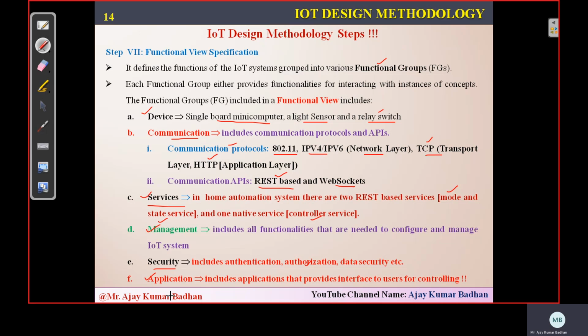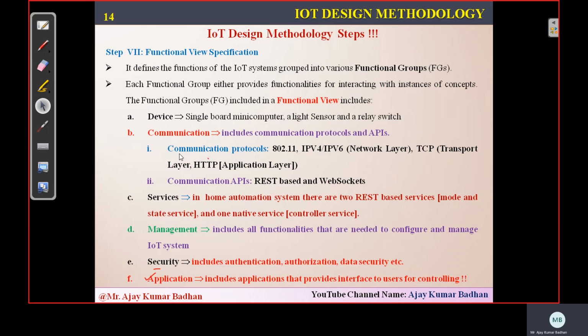And finally, we need to develop an application using some software like Java or something. Here we are using Python as a software in order to develop a web-based application. Okay, and the platform we use here is something called Django. Django is the framework we are using in order to write programs in Python and develop different kinds of applications. Okay, so these are the functional requirements.